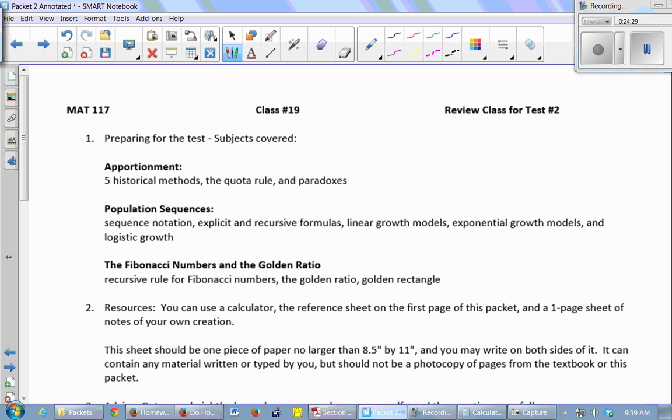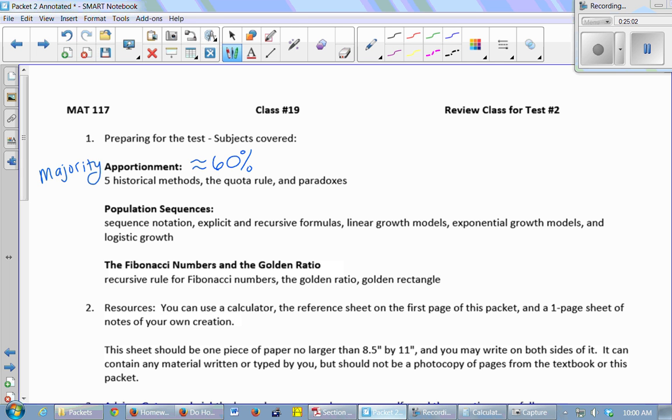subjects on the test covered are apportionment. We learned 5 methods. We learned something about the quota rule and the paradoxes that can occur in Hamilton's method. This will be the majority of the test. And by majority, I mean more than half, maybe approximately 60% of the test. Okay. All right, and the remaining 40% will be divided between population sequences,